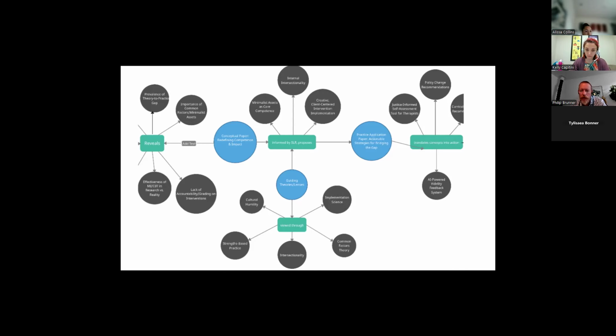My innovative approach also introduces the concept of internal intersectionality. This acknowledges that clinicians' personal biases, emotional responses, or vicarious trauma can inadvertently compromise consistent intervention application. This recognition is crucial for a holistic understanding of the theory to practice gap. The conceptual paper argues that by intentionally focusing on strengthening these minimalist assets and developing a practical strategy for their consistent application, while also addressing systemic implementation barriers, therapists can still achieve significant positive client outcomes even when full EBP fidelity is compromised.